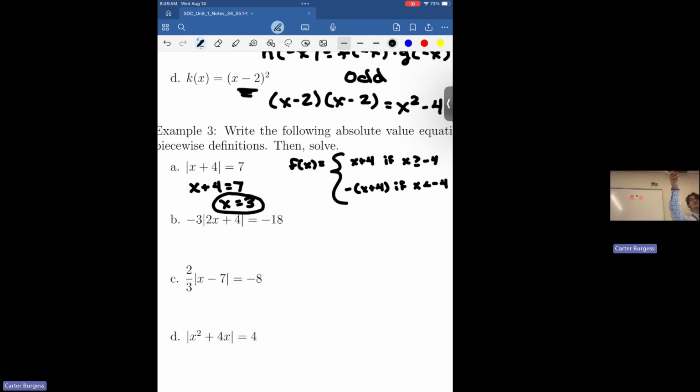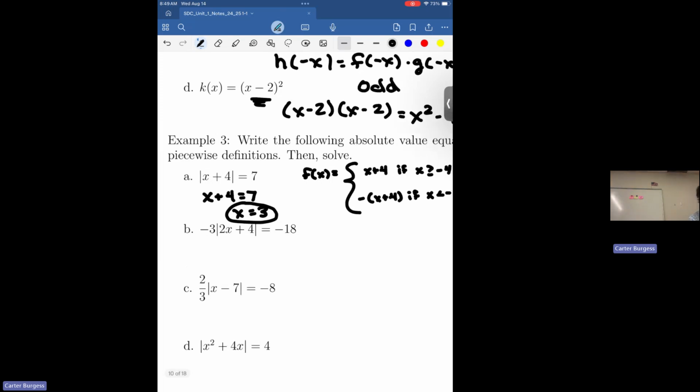The negative version of it, which is only going to happen when x is less than -4. Okay. So we need the negative of x plus 4 to be equal to 7. How would you guys go about solving this? There are a couple of different